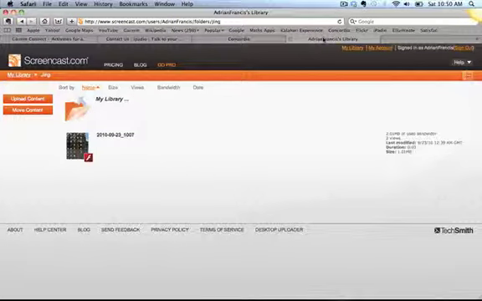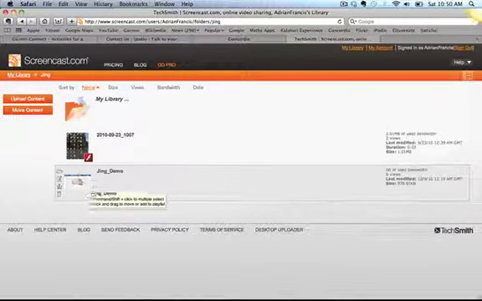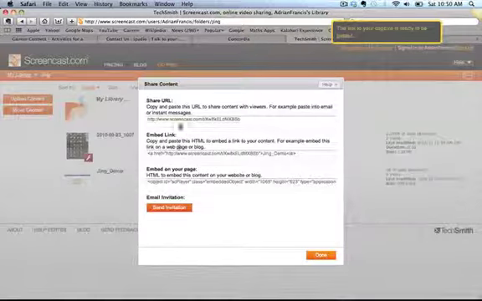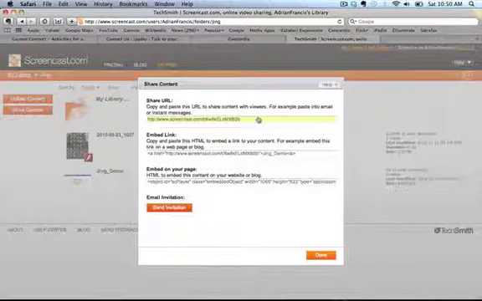So now if I go and have a look at my library, when this refreshes, it will now bring in the podcast that I've got, which is my Jing demo there for that. And if I want to share that to people, you can come to this little arrow here, and it tells you where you can share. So you can grab the URL, put that into Scalaris, or you can embed it as a HTML link as well,